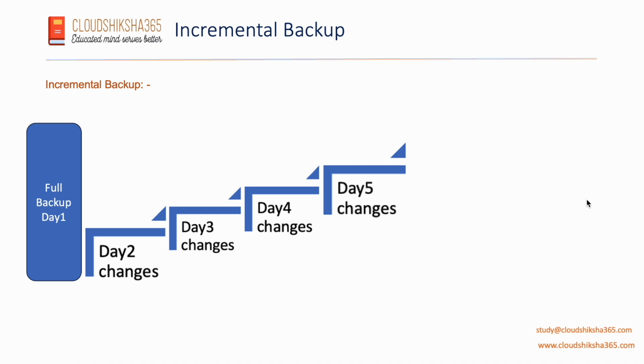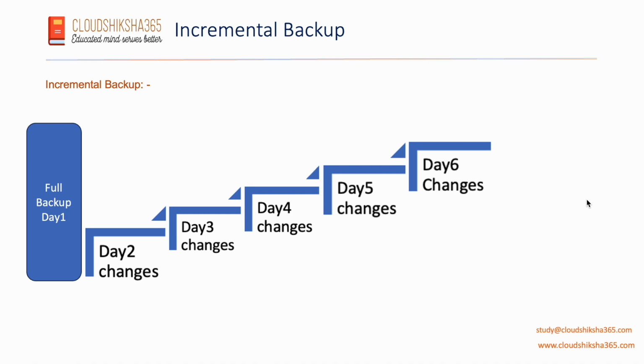Not everything is saved, because you have a full backup copy from day one, and from day one onwards only changes are saved day wise. This can be on an hourly basis also, based on your backup strategy requirement. But here I'm giving the example that every day we are backing up increments to the changes of the data, and then day 6 changes. This is a usual strategy, that you take a full backup every Sunday, and Monday, Tuesday, Wednesday, Thursday, Friday you keep incremental changes,